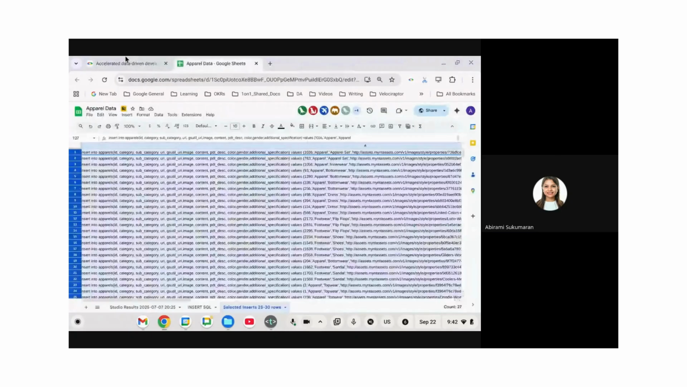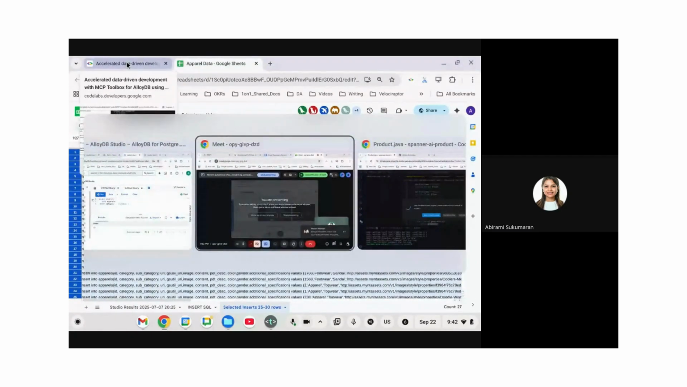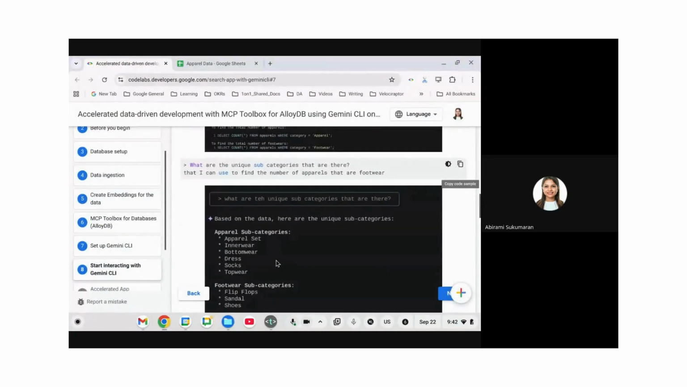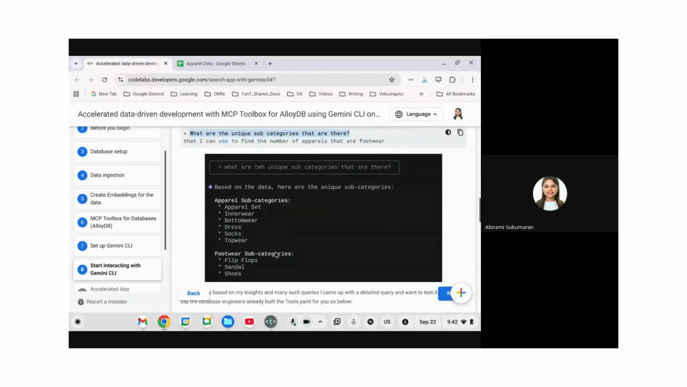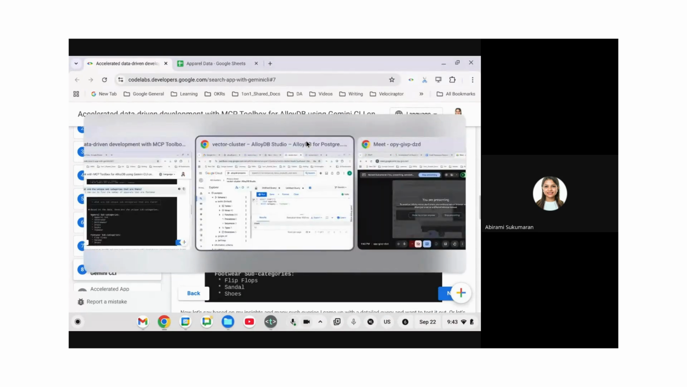Yeah. So now moving on to the code lab, what else do we have? There are other questions. You can understand what unique subcategories are there that I can use to find the number of apparels. No, not the second line, just the first line. What are the unique subcategories that are there? So there are 2 categories, apparel and footwear. Under each category, there are some subcategories. So it has identified both. There's a copy paste error. So just copy the first line